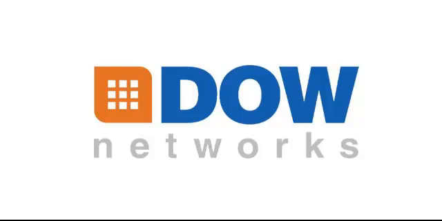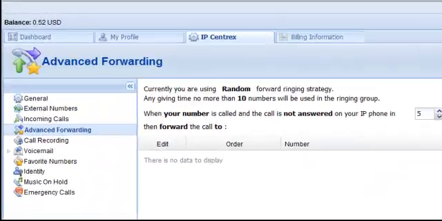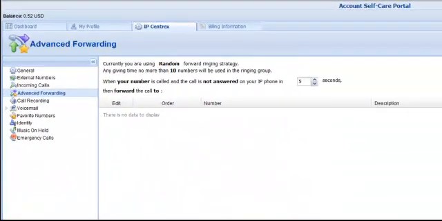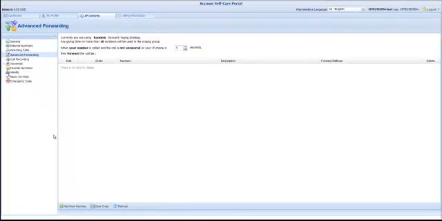Hello from Dow Networks. In this video, we're going to go over the advanced forwarding feature in Dow Connect. As you will see, advanced forwarding differs from a simple follow me in various ways. As you watch this video, keep in mind that this is only one of many features available in this advanced